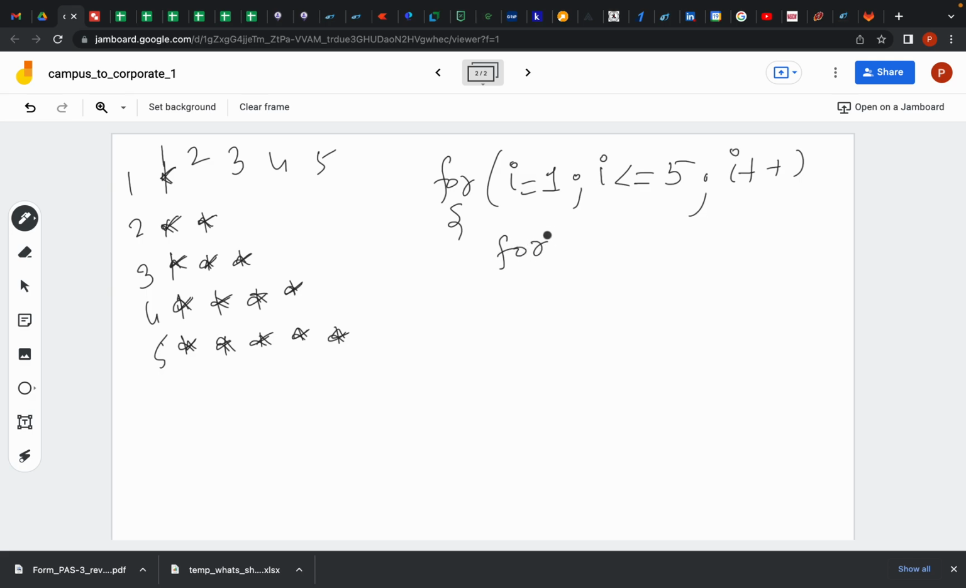Again, I can have a while, but for now, for. I'll say j equal to 1, j less than equal to i. So I'm creating a relationship between rows and columns, right? When this condition is met, I'll say print